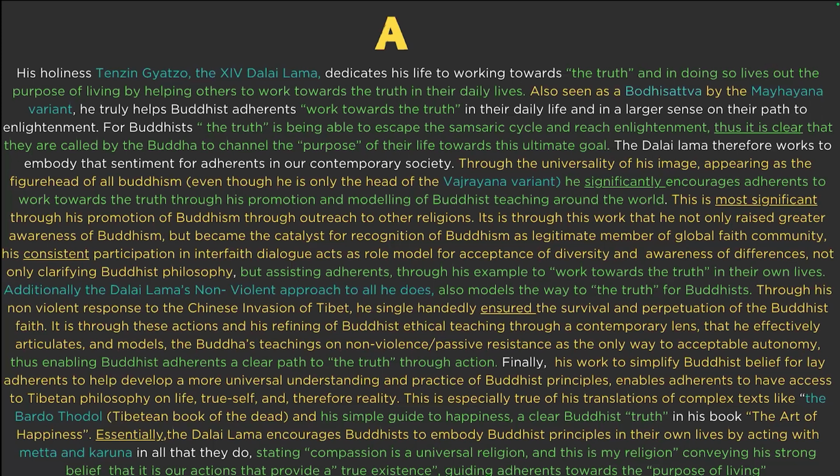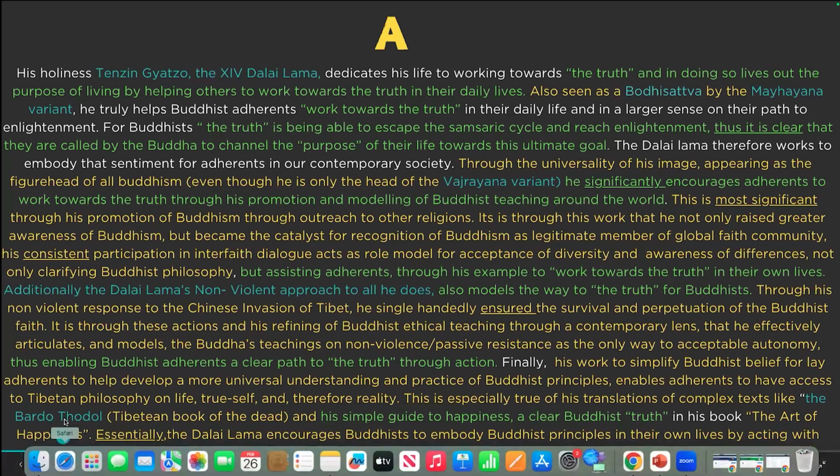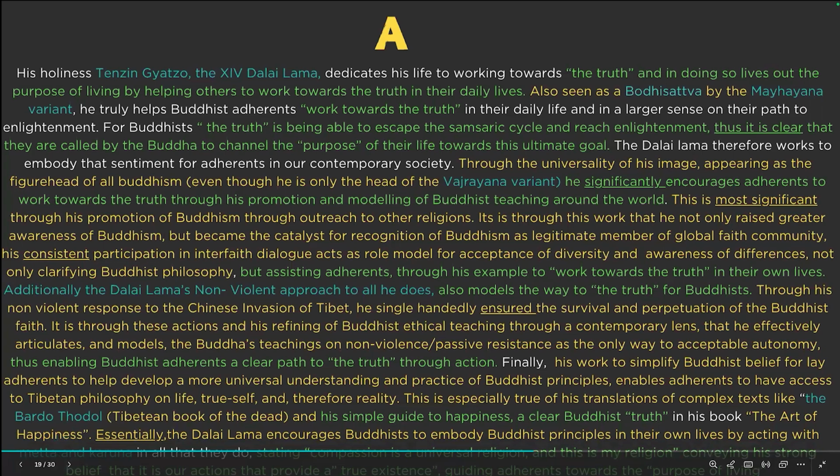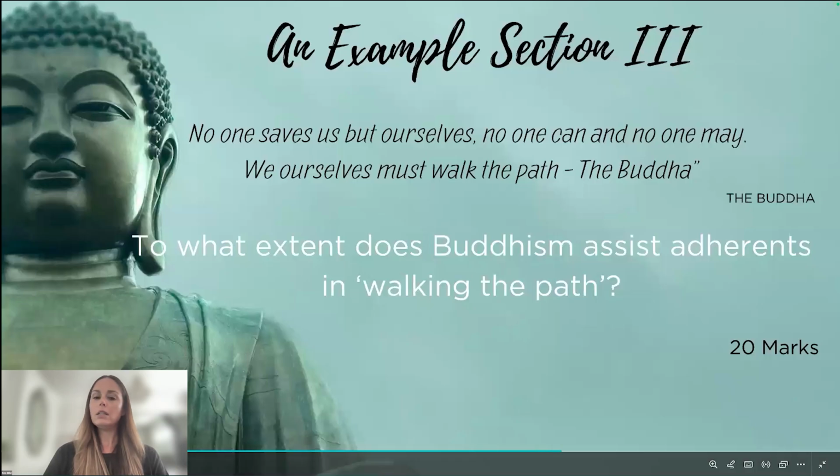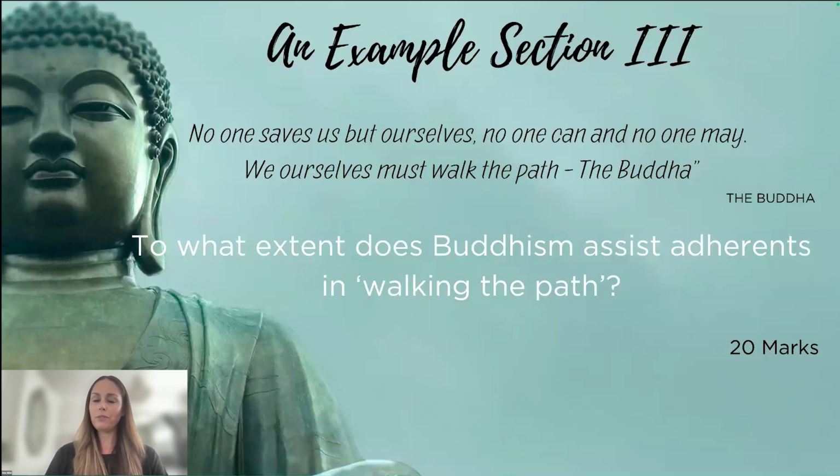And I often say to them, particularly in this one, what color do you see as dominant? And they say to me, oh, well, yellow. And I say, well, there you go, in terms of the content is important, but what puts you into an A is essentially how all that fits together. So finally, that was sort of an example of how we do it in section 2. Section 3, there's an example here as well, because it is a little bit different in terms of